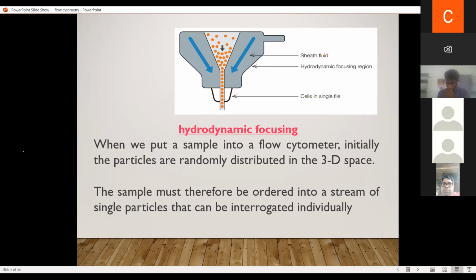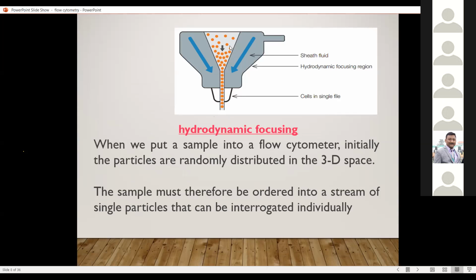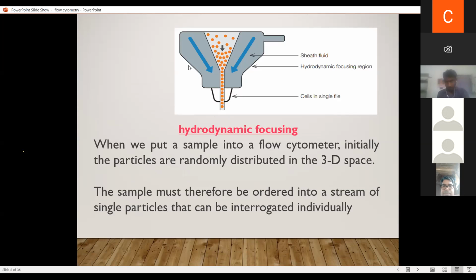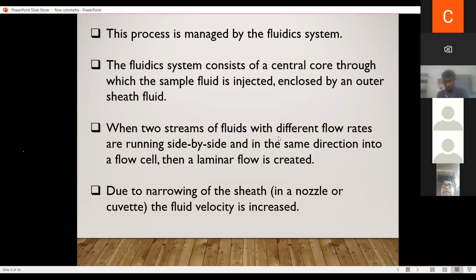Hydrodynamic focusing. What do we mean by hydrodynamic focusing? It is when we put a sample into a flow cytometer. From here we put our sample. The cells are moving here and there, but the sheath fluid which is already present in the cytometer focuses these haphazardly moving, randomly distributed cells, which are moving in 3D space, into an ordered stream of single particles so that we can interrogate or analyze each cell individually. This process is managed by the